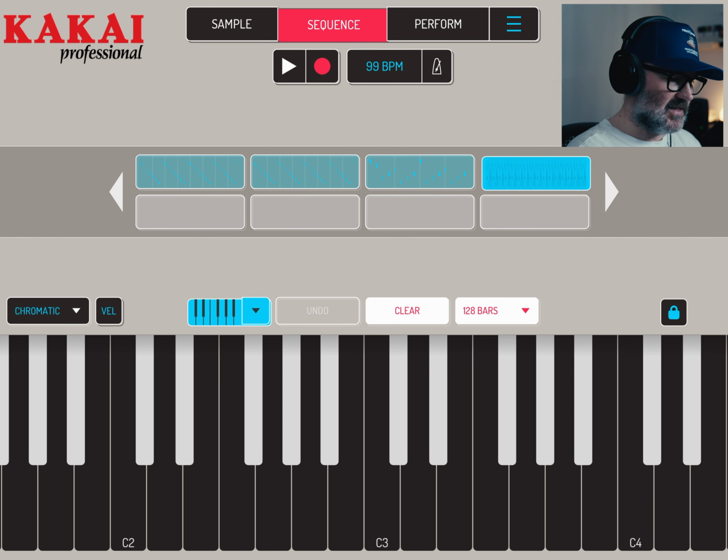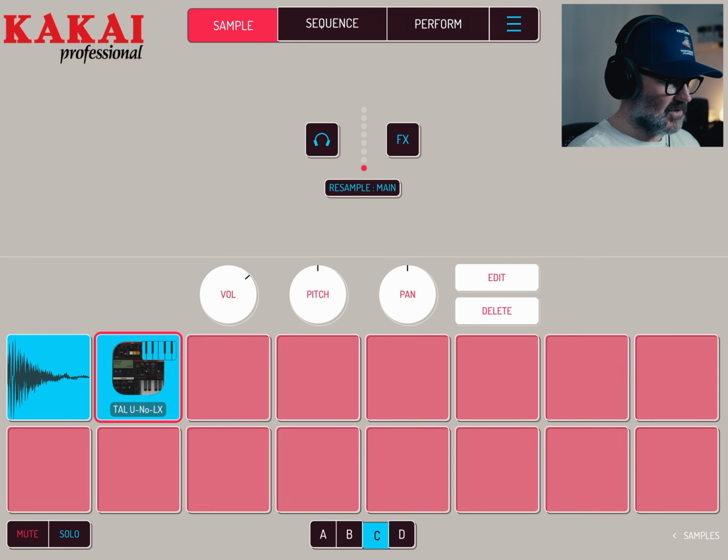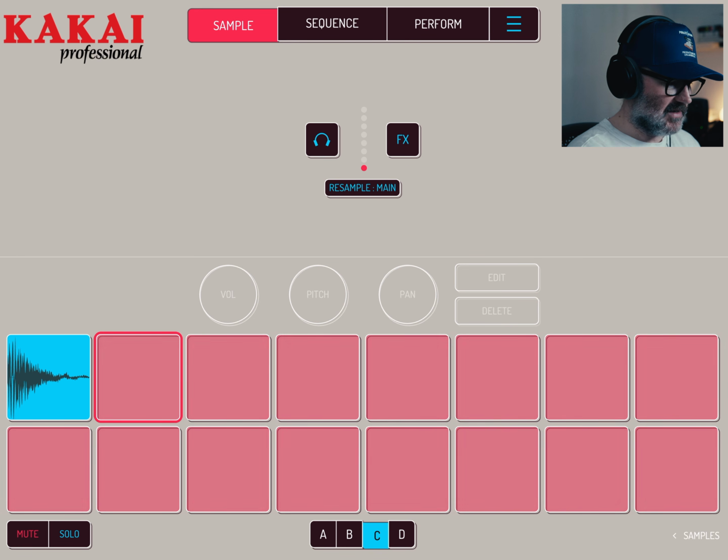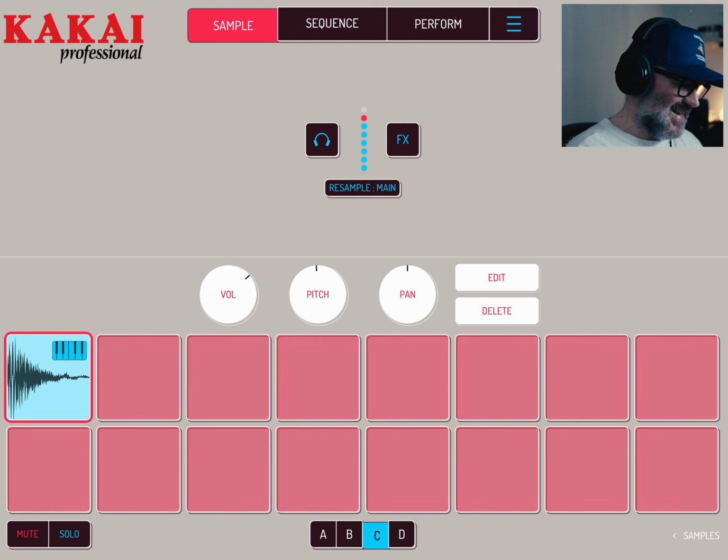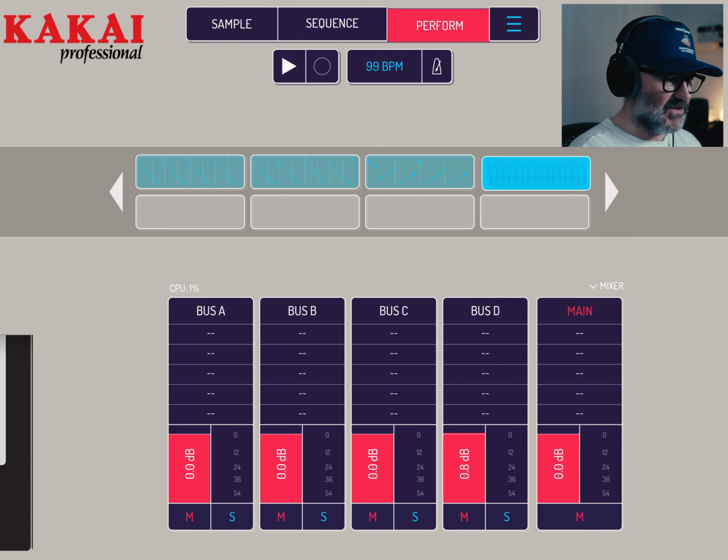Now, the next thing you could do, let's just come out of here, go back into sample, get rid of this. Goodbye. Easy. Love it. So the thing that I'm going to be using more, to be honest, is, I don't tend to use synths in my iPad. I'm going to be brutally honest. I might use a sub bass or whatever. But the thing that's more of a game changer for me is,